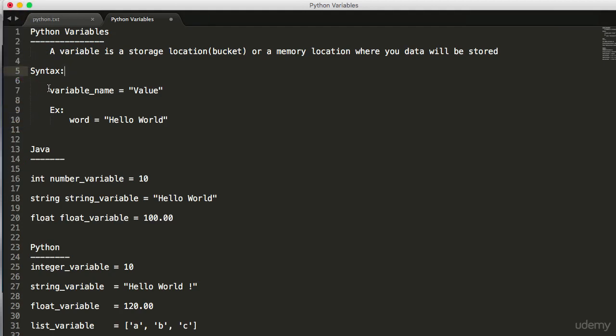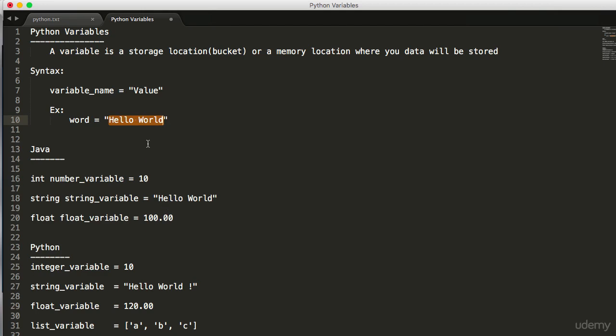This was the syntax of creating a variable in Python. It was nothing but, for example, let's say this following statement. We are creating a variable called word and assigning a value hello world to this variable called word. When you print this word, as we had it in the previous tutorials, you will get hello world as output. So let's check out some examples programmatically in the terminal as well as scripts.